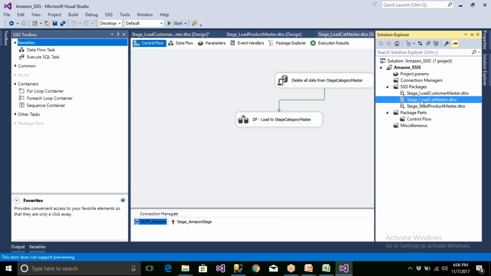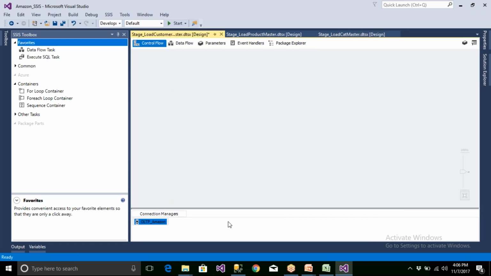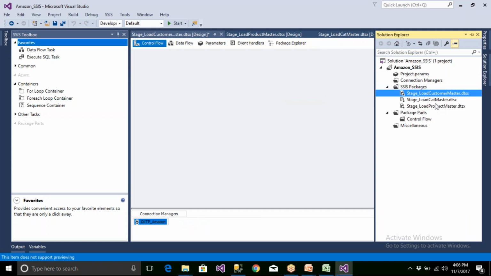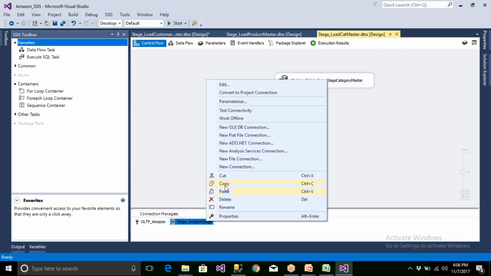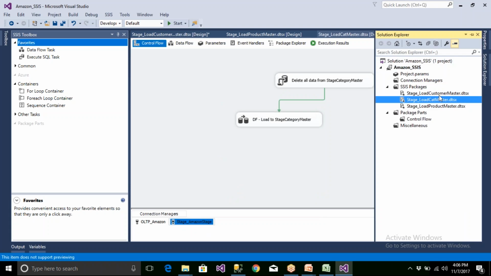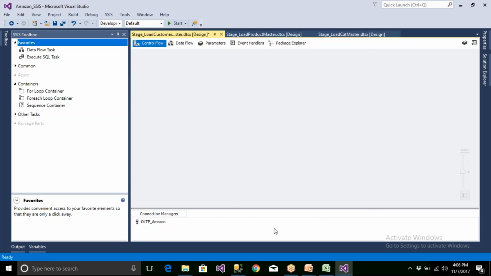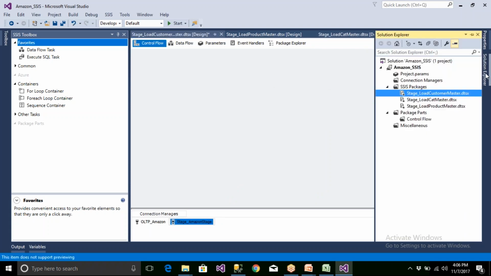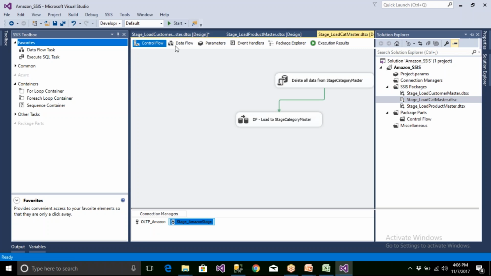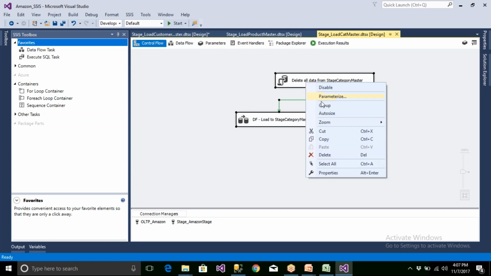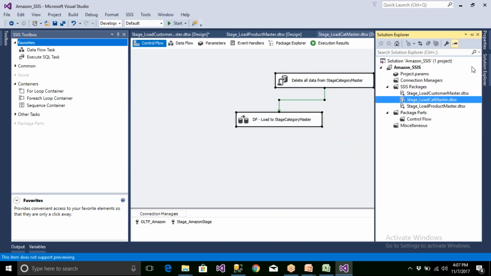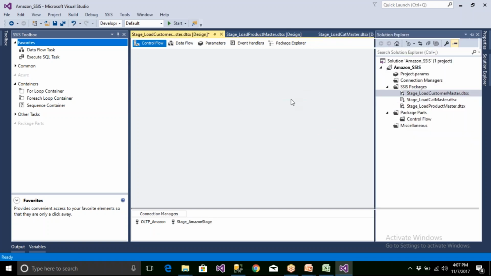Or you can also take the entire package and copy paste. That is also possible. Many people will copy the package so that they get everything. You should be able to copy the package and rename it. Now you go to the existing package and go to control flow and select all, Control A, and copy all of them, go to the new package and paste.